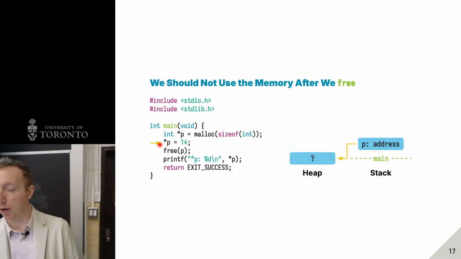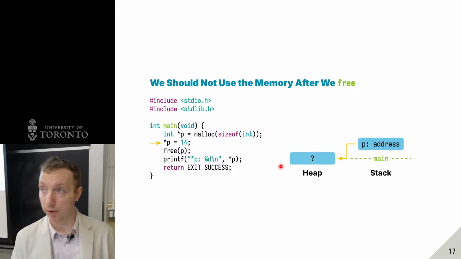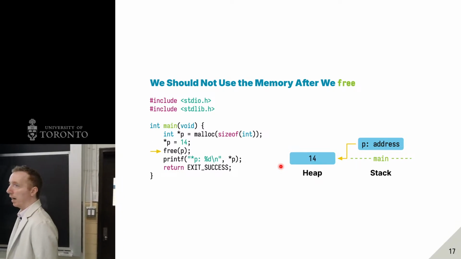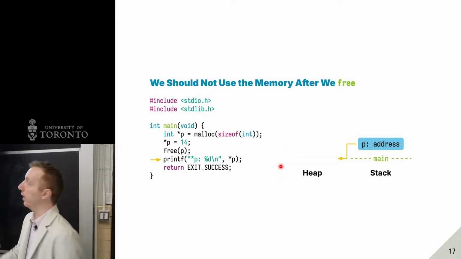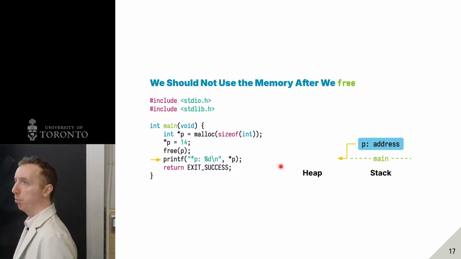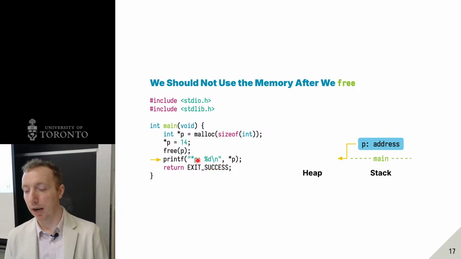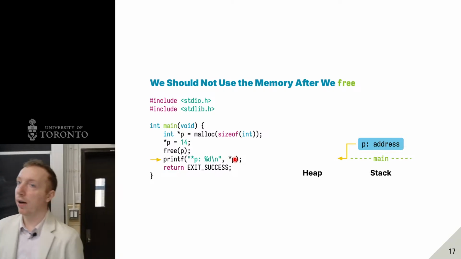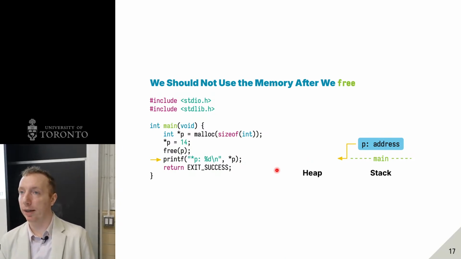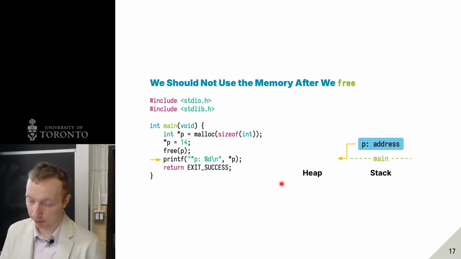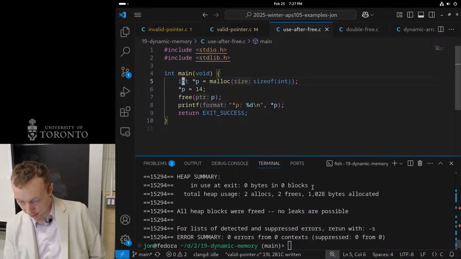Then if I dereference it, I'm accessing this value and assigning it the value 14. And then if I call free on it, it disappears and it's no longer valid. I erase it, just like before when I showed you foo's x. So now if I print p and try to dereference it, this is technically undefined behavior because it is just pointing into the void. It is not actually valid by the time it starts to print. So if I go to my code and execute that,